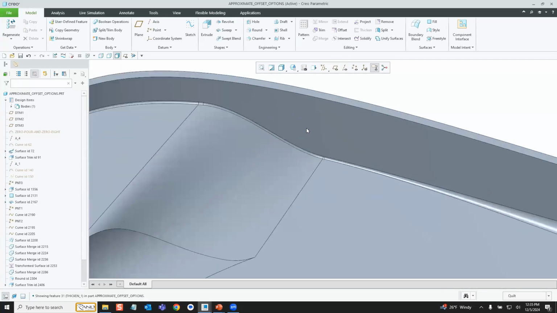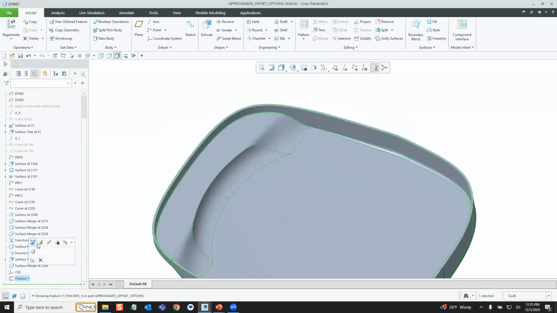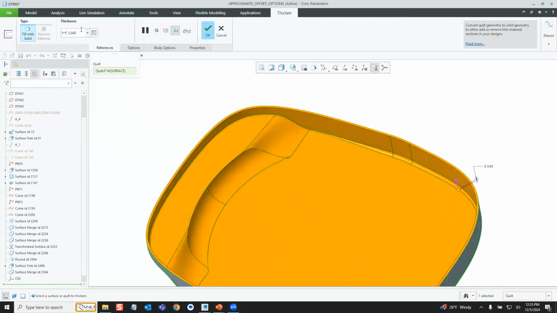When I spin it around and look at the inside, you can see this radius is almost gone to zero. There's just a little bit of that radius left. So the outside radius was something bigger than 0.04. I think it was around a 0.06. But now I've changed my mind, and I really want the wall thickness at a 0.8, which is bigger than the smallest radius on the outside. If I go back into that thicken feature with that edit definition, change the thickness dimension to a 0.8, and hit the check mark to finish the thicken,